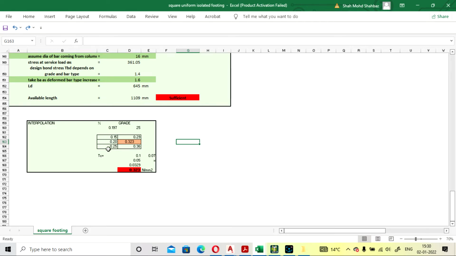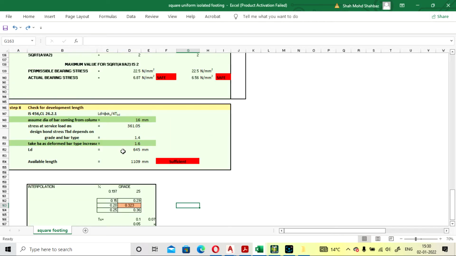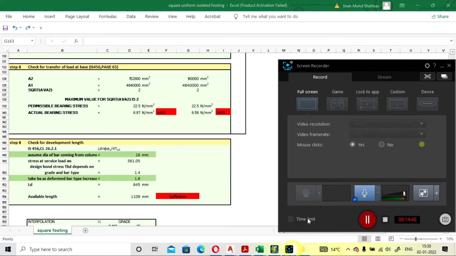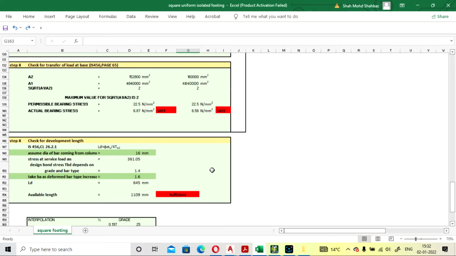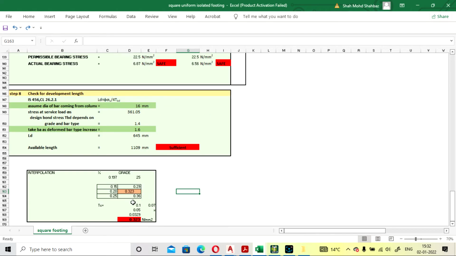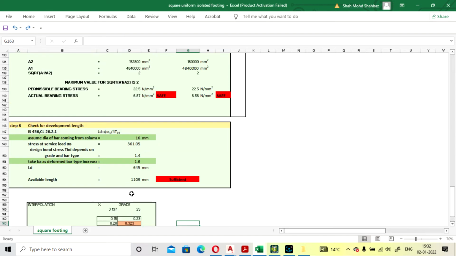You have to provide the upper percentage and lower percentage from that table 19, and the upper and lower value for M25 grade, and it calculates your value as 0.323. So you can insert this in this table for the interpolation easily, and you can get the value.